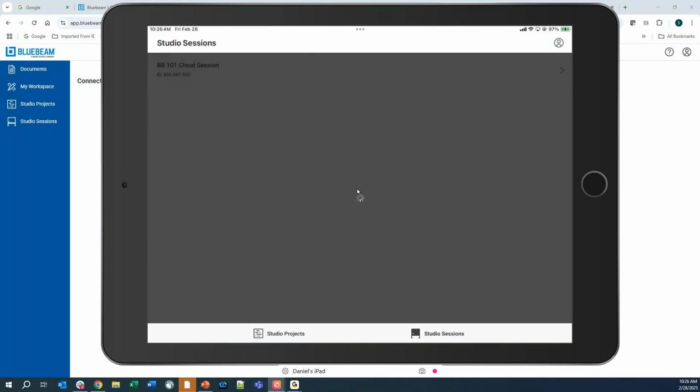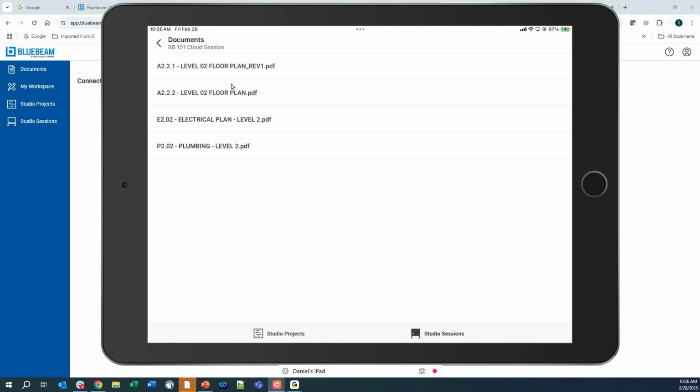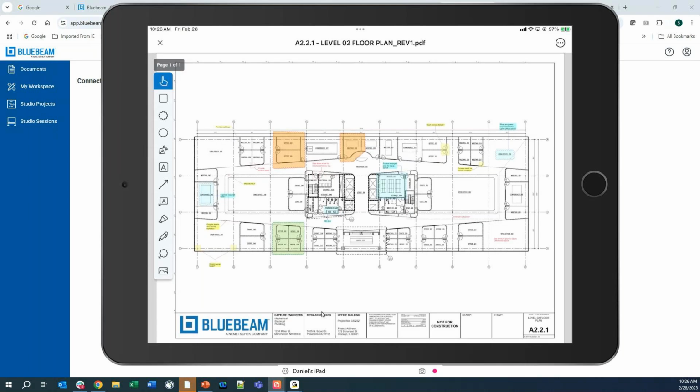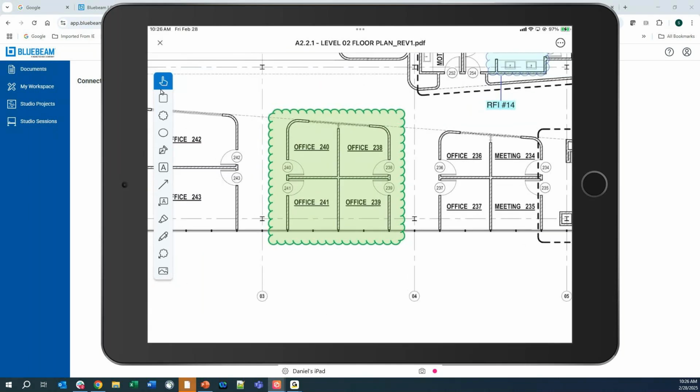I can go in there and on my iPad here, I can go ahead and open up any one of these documents. Let's go ahead and open that one up. We'll see that change that we made down here at the bottom. There we go. There's that cloud that was added in there, but notice with Studio Sessions, I do have all of my icons. As a matter of fact, I can click on image down here in the bottom